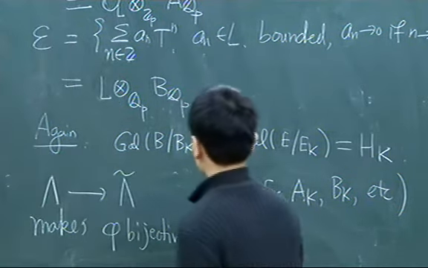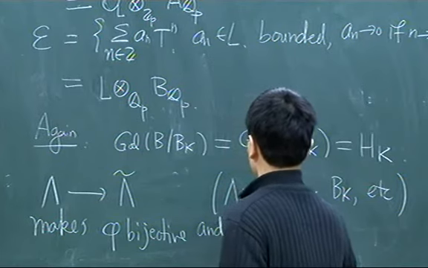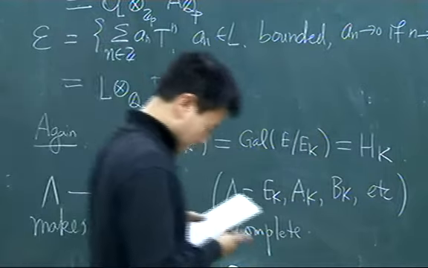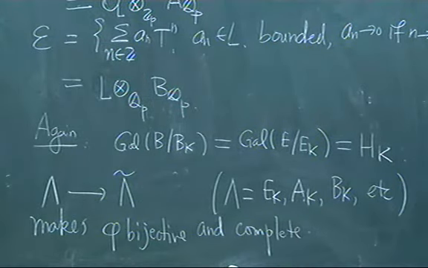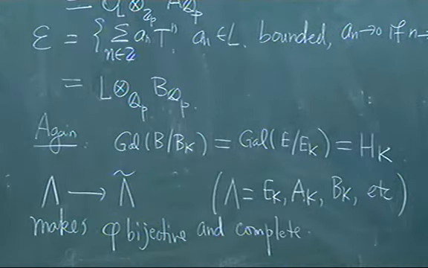It just means in here phi is not bijective, but in the tilde case phi is bijective and then complete. So this is the rings we have. Okay, so